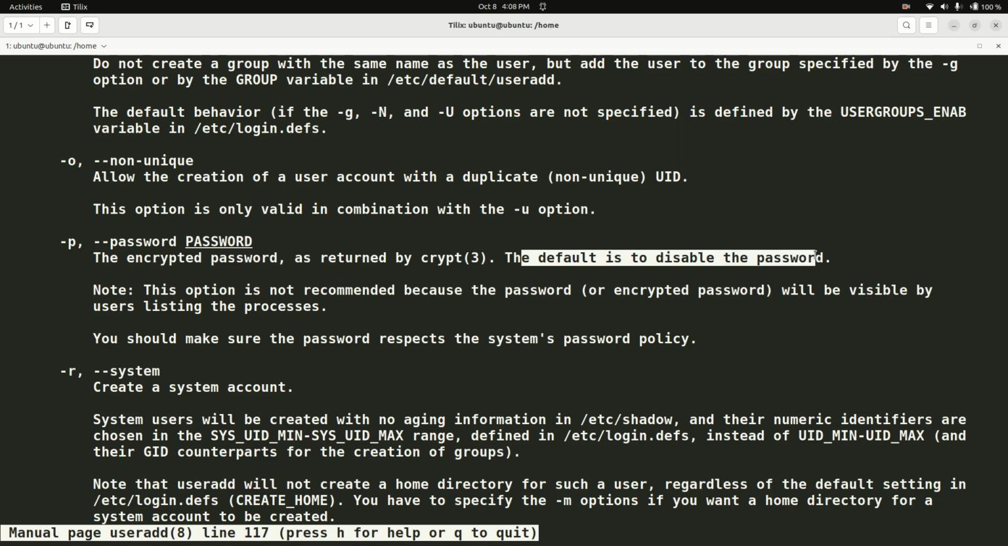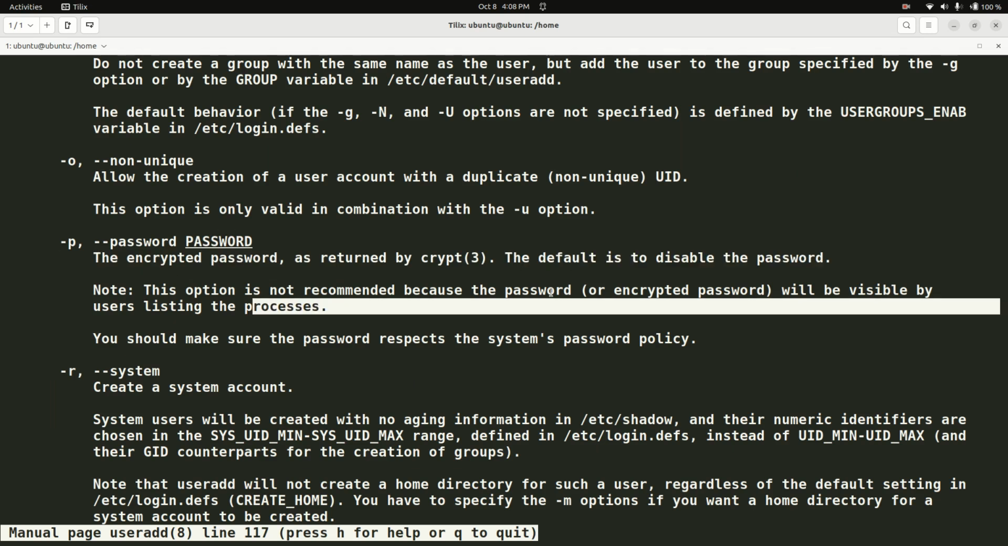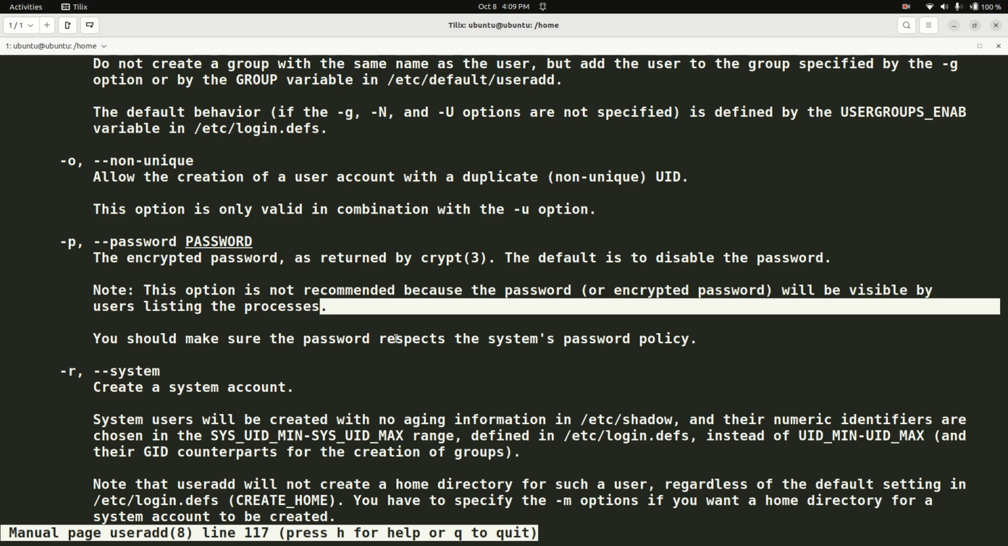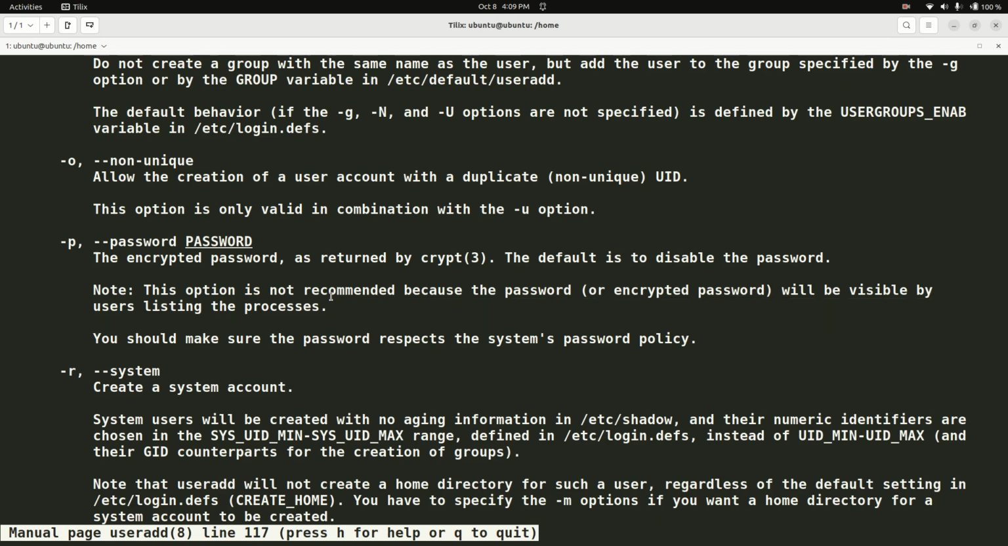The default is to disable the password. Note this is not recommended because the password or the encrypted password will be disabled by users. Listing the process, you should make sure the password respects the system password policy. But still, I want to do like,